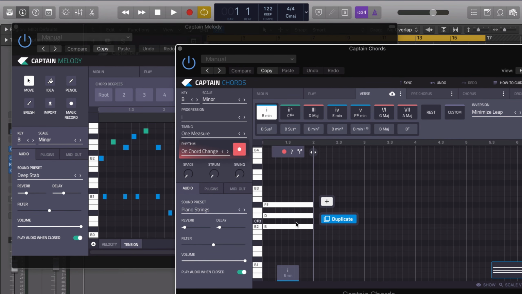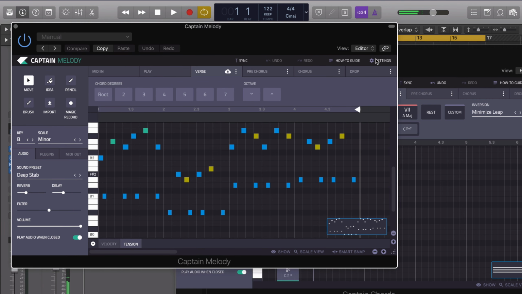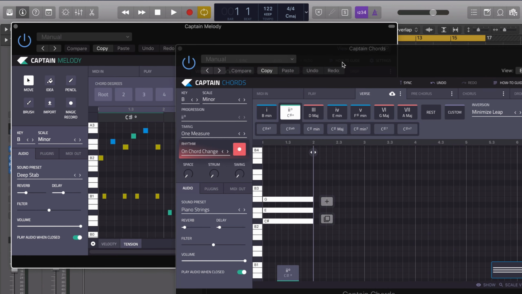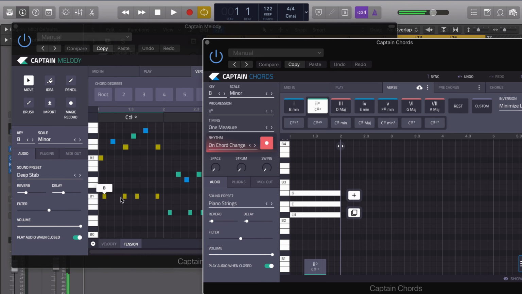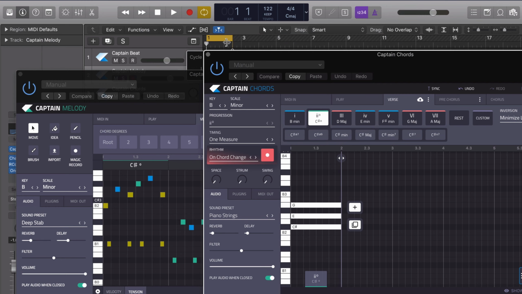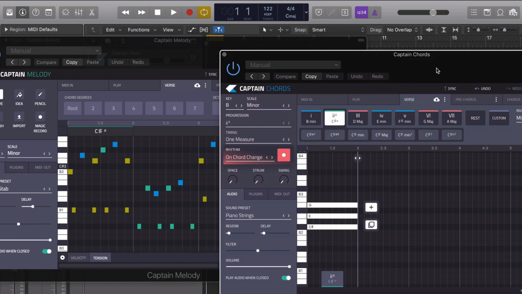Now, if I change this chord here, you'll see that these note tensions will update. So let's try that. First, we need to make sure it's connected. So let's just do that. There we go. Right, you see they changed colour? If I go back to B minor, see these notes all work with this chord. If I choose this chord, it doesn't really work, does it? What we can do is we can set the loop around 1 bar and just change the chords until it sounds great with the melody.